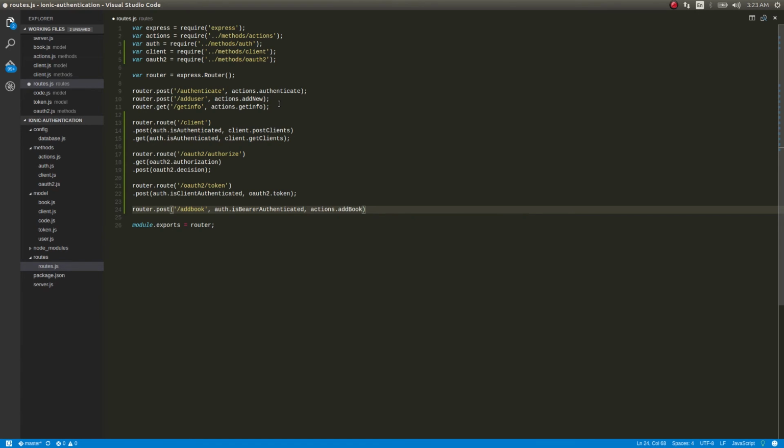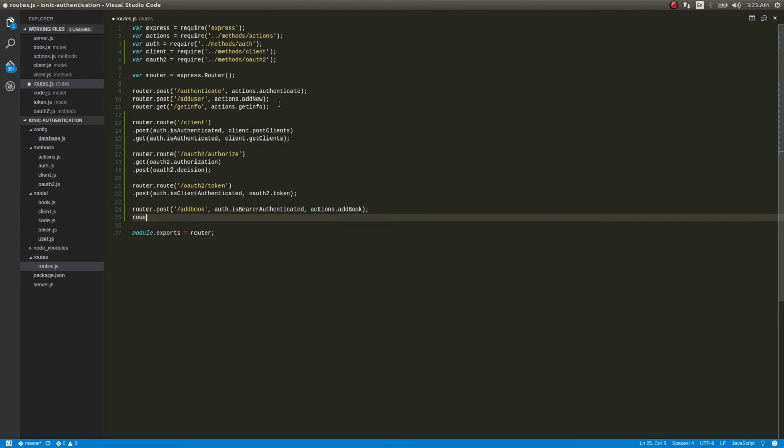Actions.addBook. Then one more router.get. This will be get books, and once again it will be auth.isAuthenticated, actions.getBooks. Okay, these are very simple routes, guys.